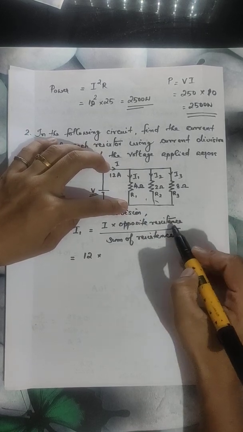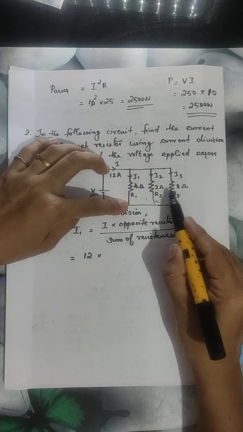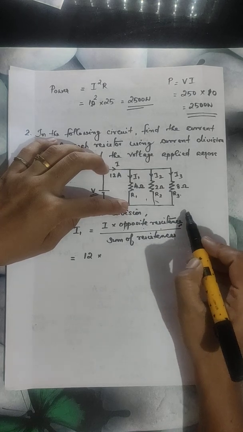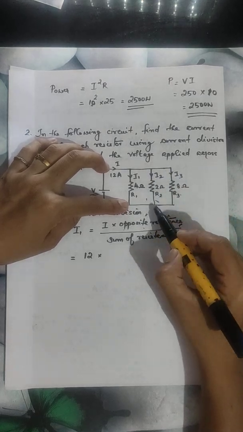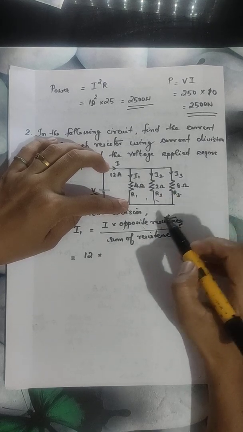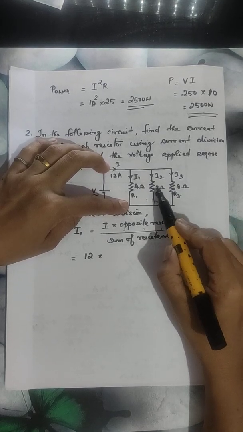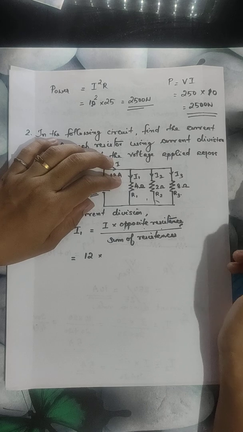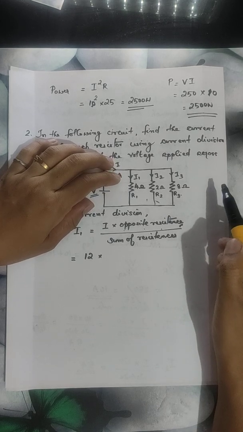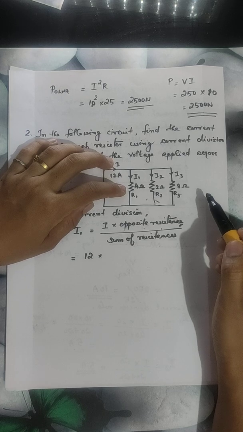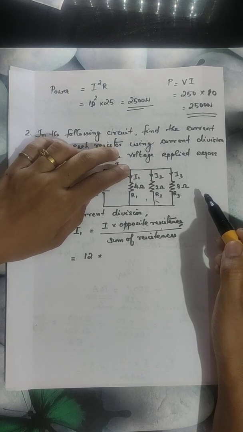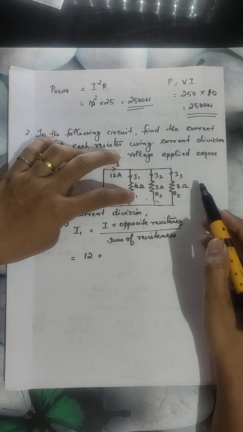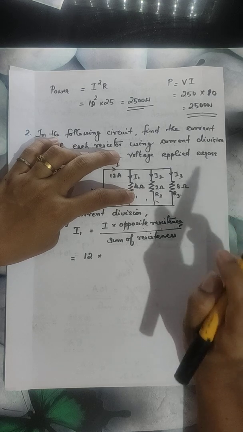So here the opposite resistance means there are two resistors connected in parallel. So as the opposite resistance, we have to consider the equivalent resistance of this parallel combination. So the opposite resistance will be the equivalent of 2 parallel to 8 ohm. Okay, so while we are doing current division among various parallel branches, one of the branches will be the branch that we are considering, and all the remaining resistors which are connected in parallel will be treated together